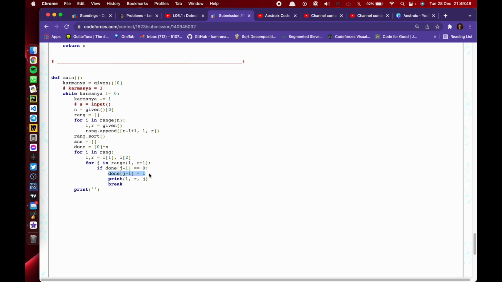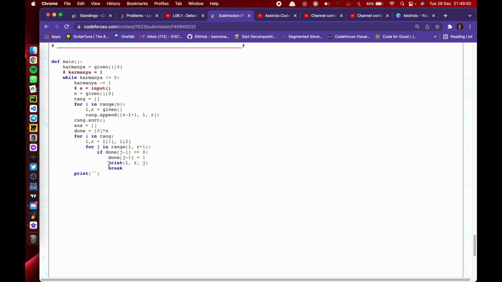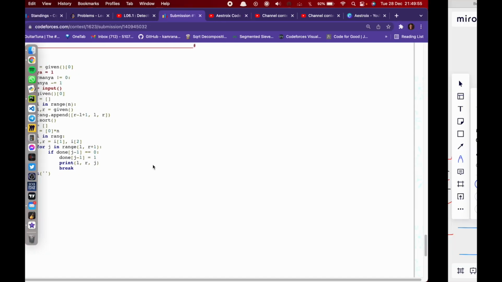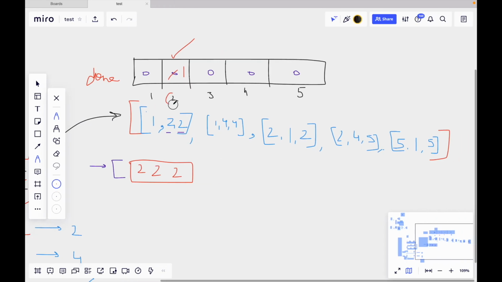I will mark that index as visited, and directly print L comma R comma J. And what is J? J is the position where we will be putting that element, or the index of the element which we will be choosing for this range L to R. Good. Now this is complete.